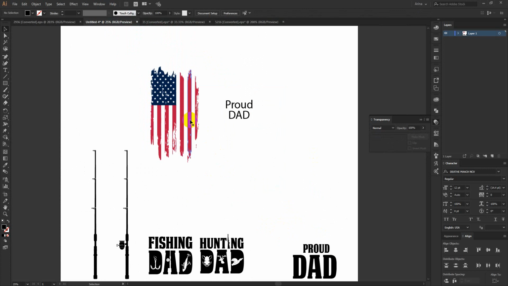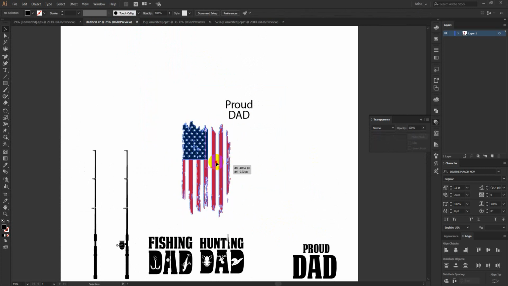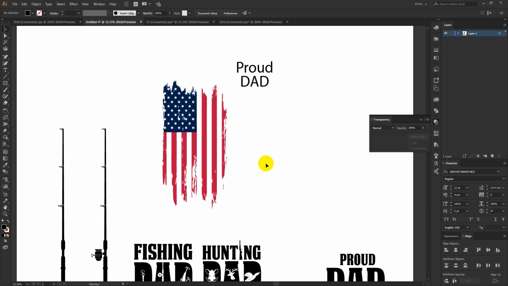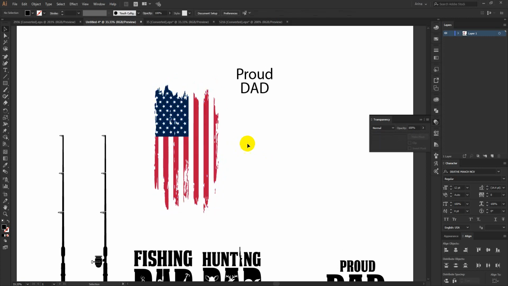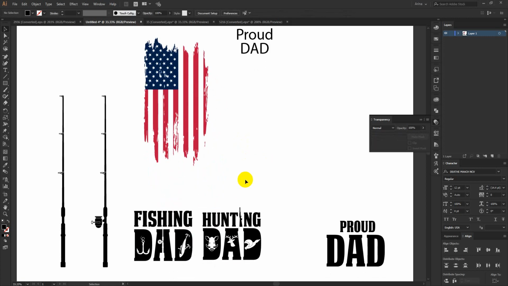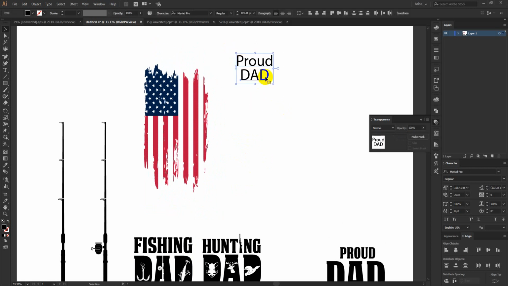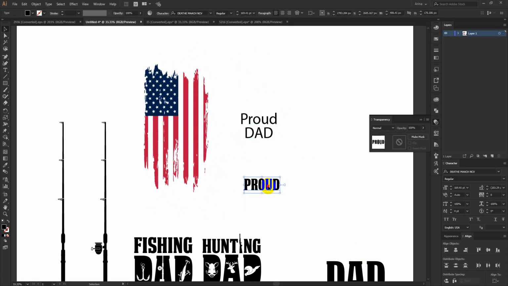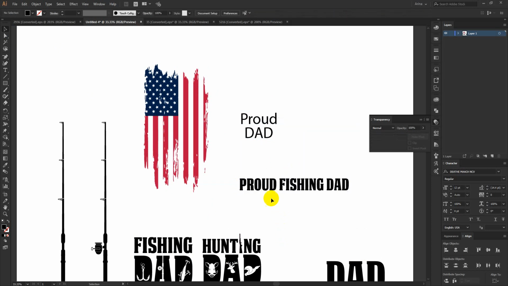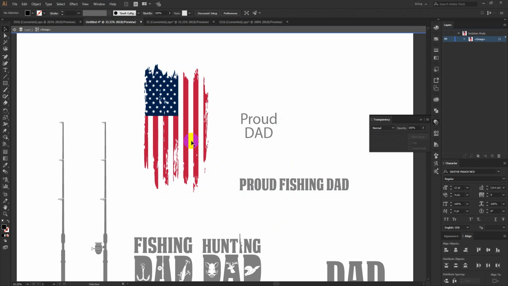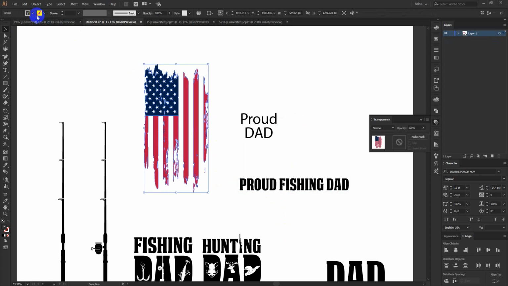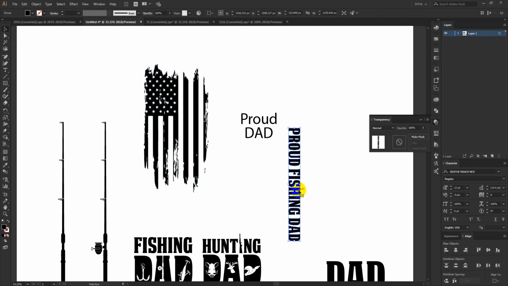So here I wanted to show you some other options of designs like this one here. If I want to use this flag in my design, something like this, I can use them too. Okay, so if I take this text here, like proud fishing dad, let's just break them. Okay, so first of all I am going to make this black. Now if I take this one, just something like this,